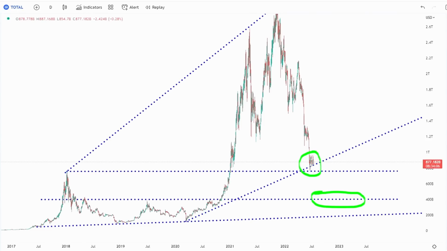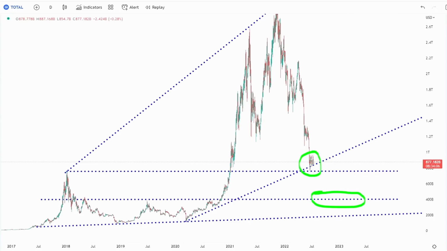So this is my one caution. If these two support levels get broken and we dip and stay below $800 billion for, let's say, a week, game over. Not game over, it's the clonic, which I'm expecting. And we should see basically a halving of global crypto market cap. That's Bitcoin at $10,000, basically. So it could be scary, but there's a big confluence of support here.